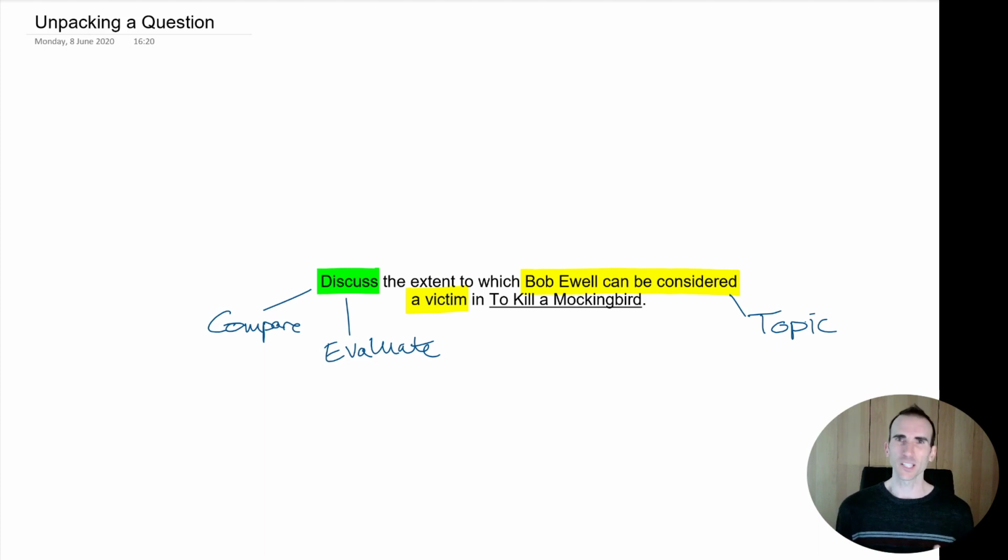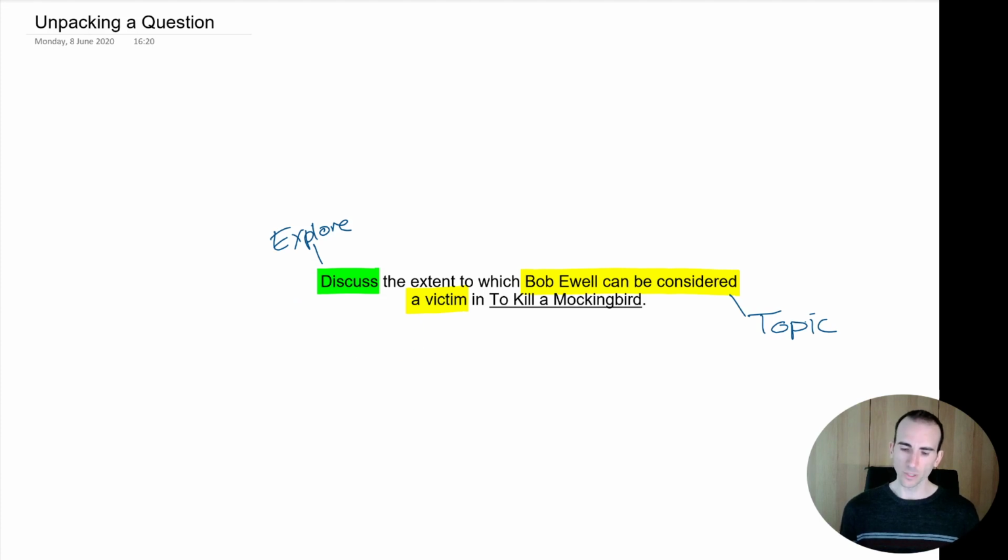Now discuss, I like discuss because it's a very broad one. Some other words for discuss could be just explore this idea. We can weigh up the extent to which we think it's true or false. We can approach it in a whole range of ways when the word is discuss. So I really like this. I'm going to rub out compare and evaluate because they're not our task words, but I might leave the word explore because I think that's not a bad way to think of discuss. I get to discuss it. I get to say what I think about it. Not that I write in first person, but I can say what I think about it. I can give different sides to the argument. That's what it means to discuss. So I'll leave that word explore.